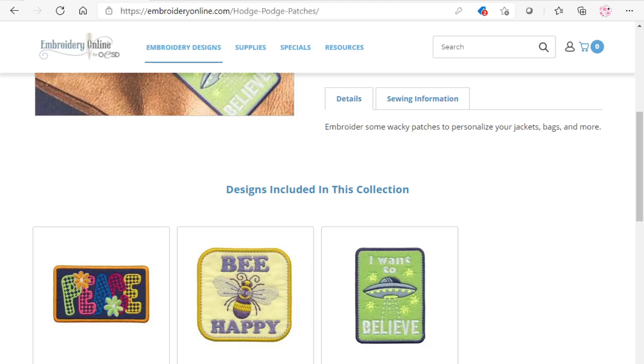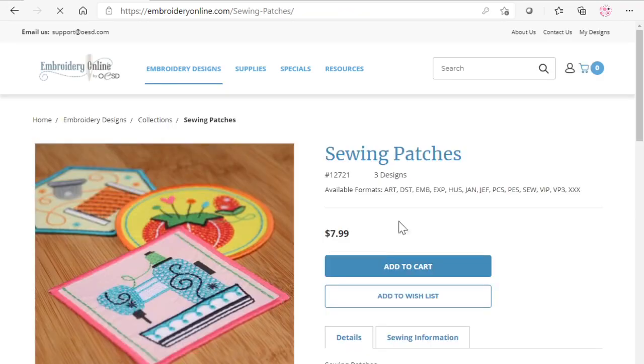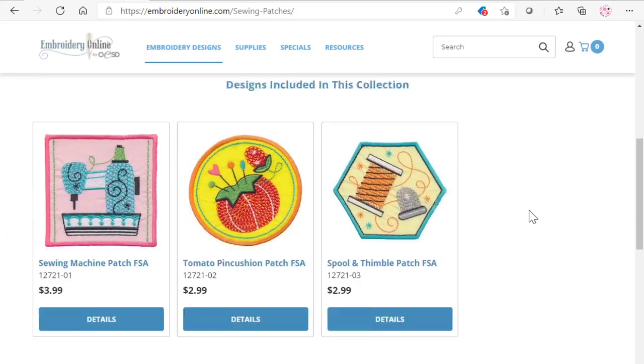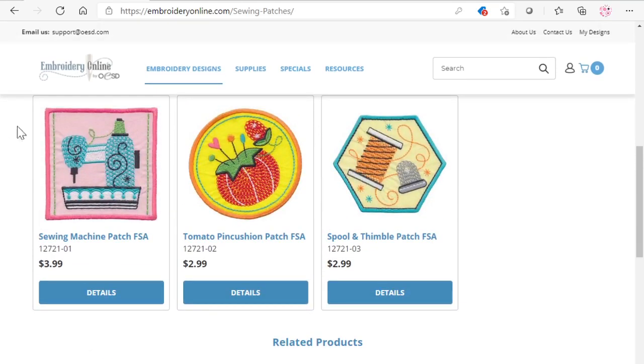And then the other one is sewing patches. This collection has 3 patches that are sewing related, but again, that gives you a square, a circle, and a hexagon. You can easily remove them and replace them with whatever shape you wanted. These do have a little extra decorative stitching around, kind of inside the satin stitching, that you could delete as well if you didn't want that particular